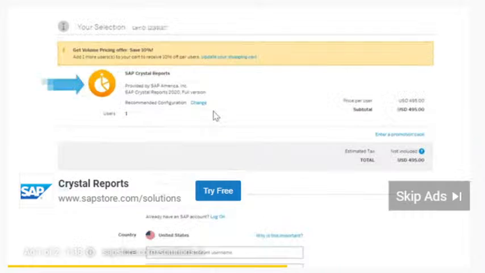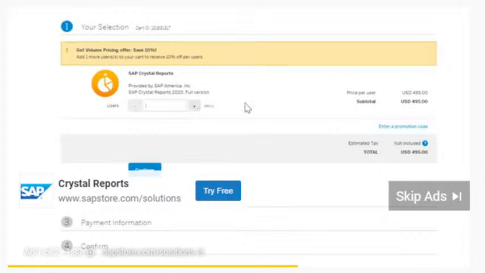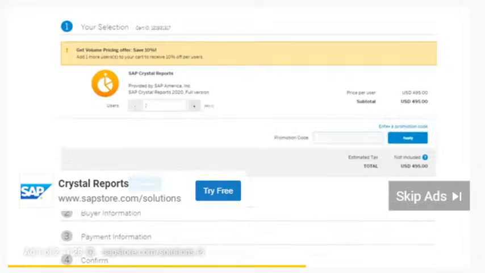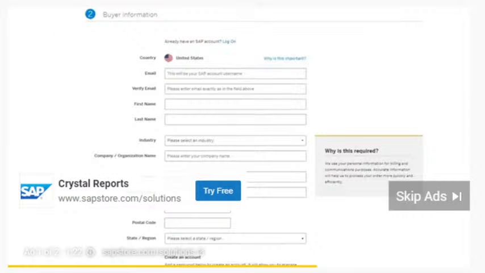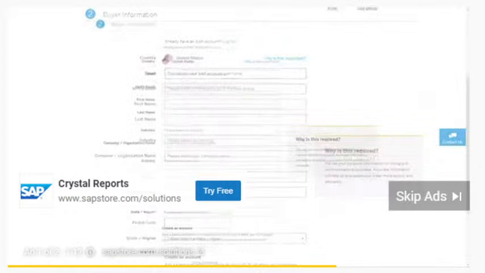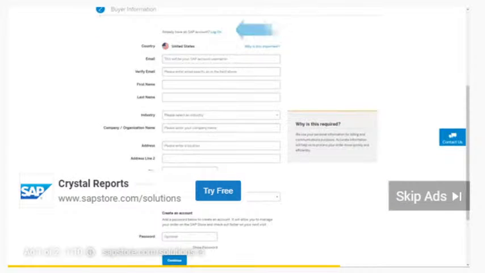It displays your product selection and you can buy additional user licenses by clicking on Change Configuration. If you happen to have a coupon code, enter it here and the new amount will be automatically calculated. On the buyer information section, you will need to insert your address. Make sure that the listed country is the correct one, as the payment options will be adjusted based on your country of purchase. If you already have an SAP Store account, you will just need to log in to populate